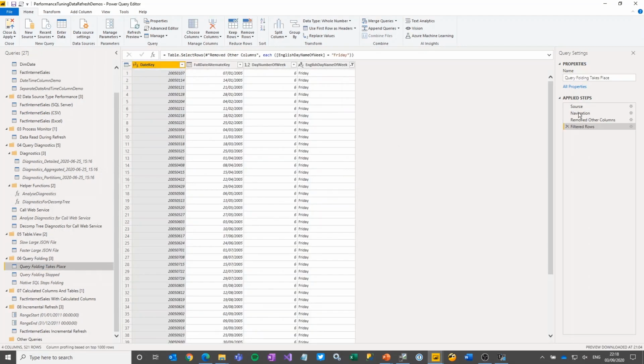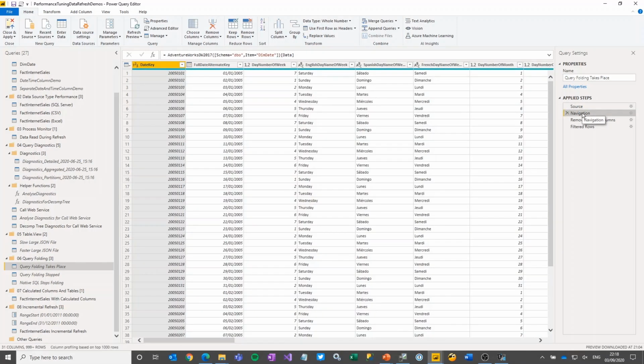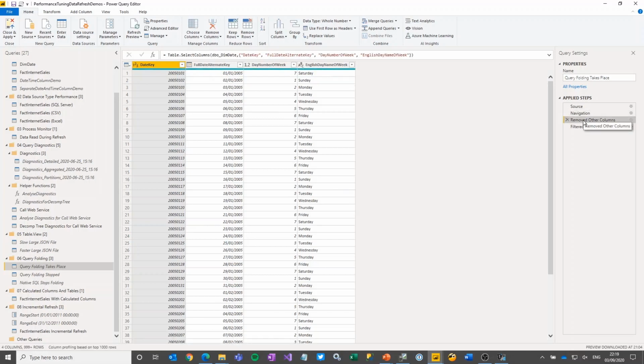Here I've got a query that connects to a table in a SQL Server database. It's the DimDate table in the AdventureWorksDW database again. And all I'm doing in this query is removing some columns from the table and filtering so I only get the rows where the day name is Friday. Now, because this is a relational database and because I'm using transformations that do support query folding, then when I do the refresh, what's going to happen is that Power Query is going to construct a SQL query to only get the columns and only get the rows that I want,